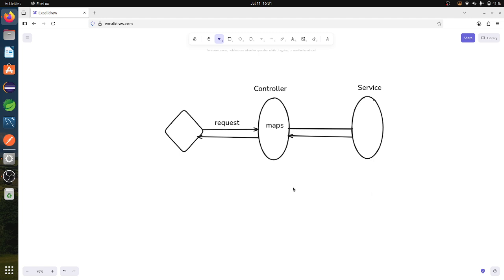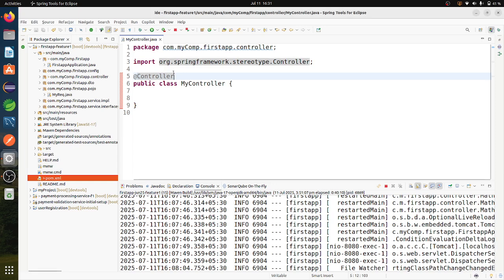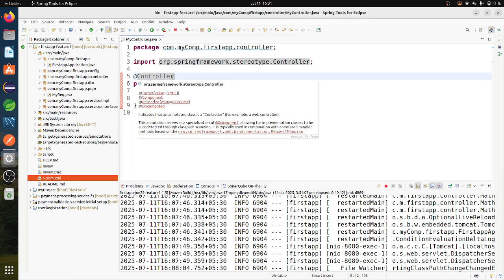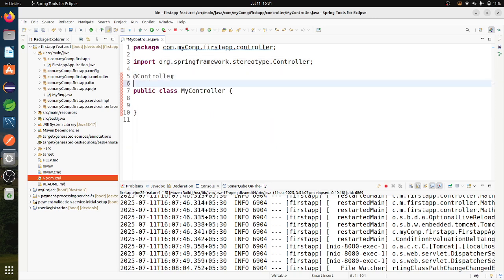In any application, the same process will be repeated. The request is taken from the user, and that request is mapped with the service to use that business logic. In the same way, I have to take the request and map it with another business logic. Because of that, I am using one annotation called request mapping.